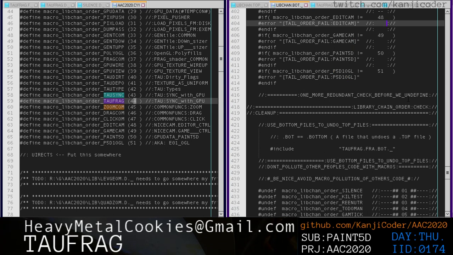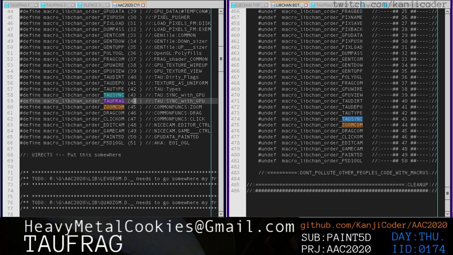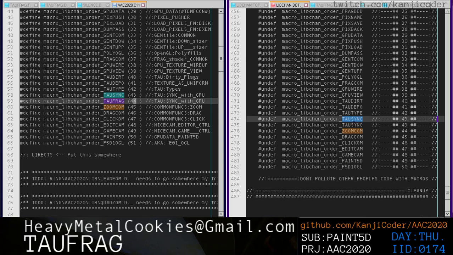So down here, same deal, right? So we're going to duplicate this. We're going to rename this to TAUFRAG. And then we're going to move everything up. So what I'm doing here is these are undefs. And an undef,